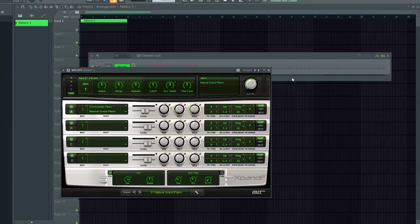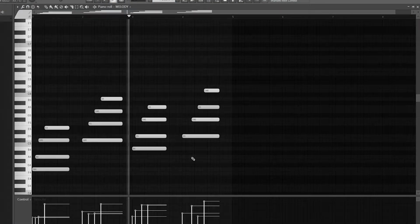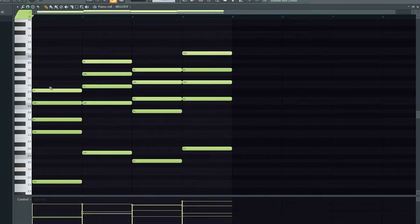I'm going to start by finding a nice main melody sound. I'm thinking like a Rhodes or electric piano, and then I'm going to layer that with saxes and other jazzy sounds, and we'll go from there. So I'll start by finding a piano sound now. So far I've just recorded a basic little